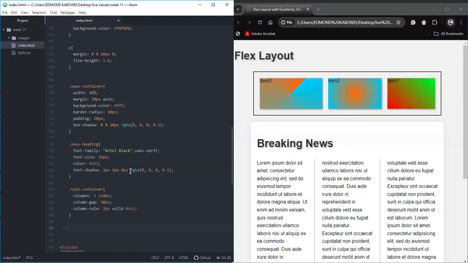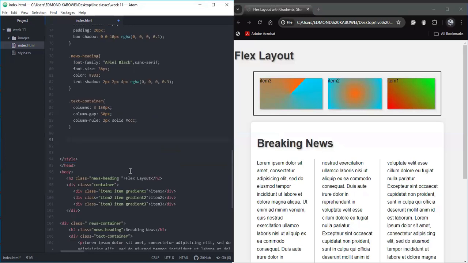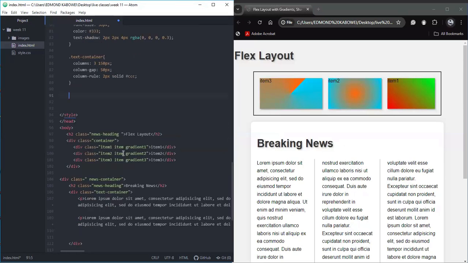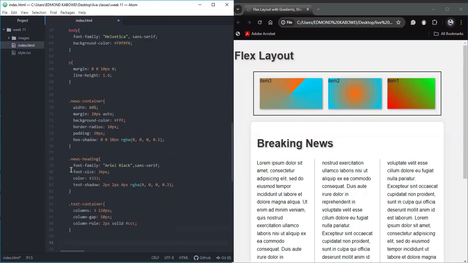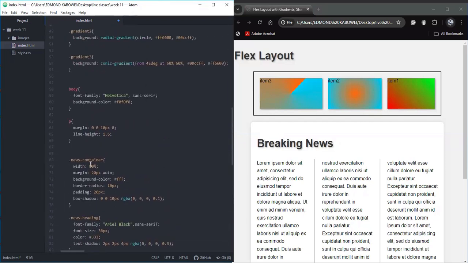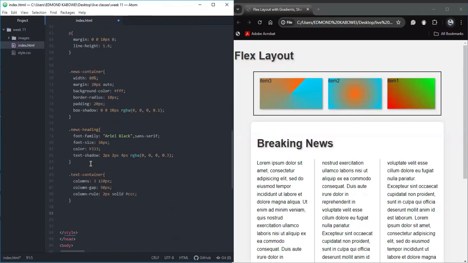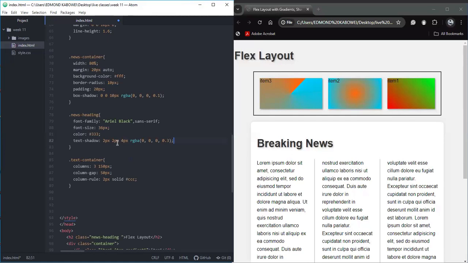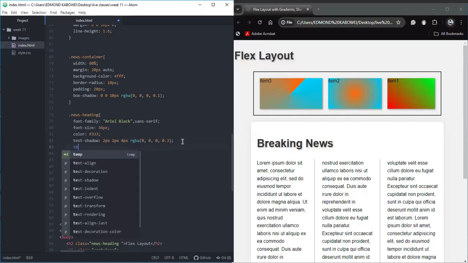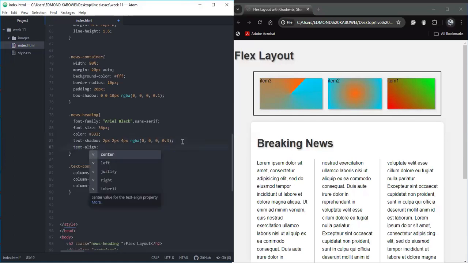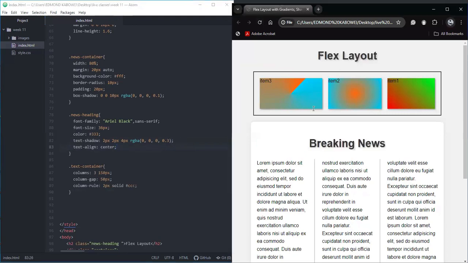So I want to apply the style to our heading, to make sure it displays properly. I'm going to add the text align to the center. And we have it